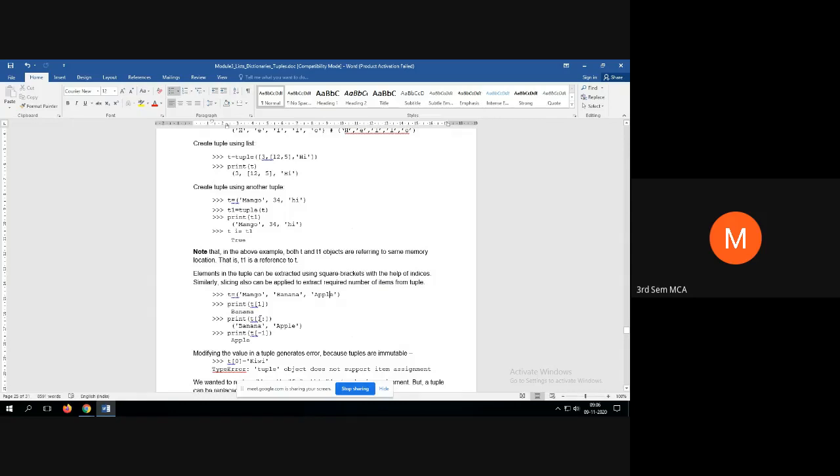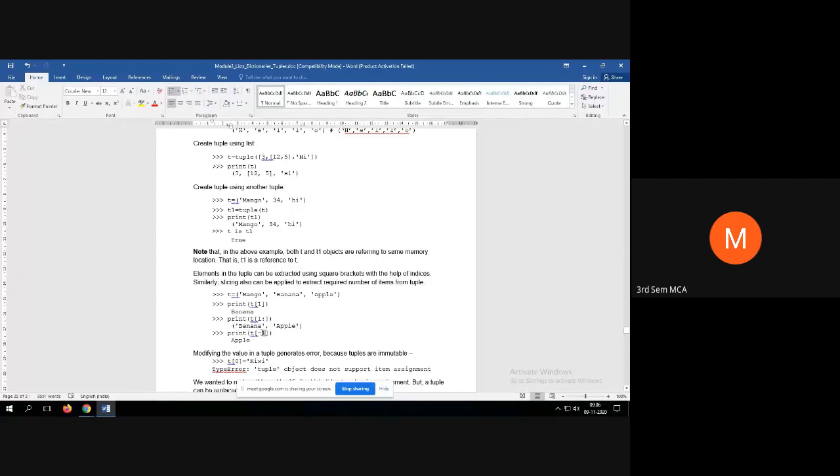Then print of T of 1 colon. That means slicing. This is the concept we are using, a concept of slicing. So 1 till end. What is the first element? Banana. Up to end means banana and apple. Print of T of 1 colon nothing. Then T of minus 1.